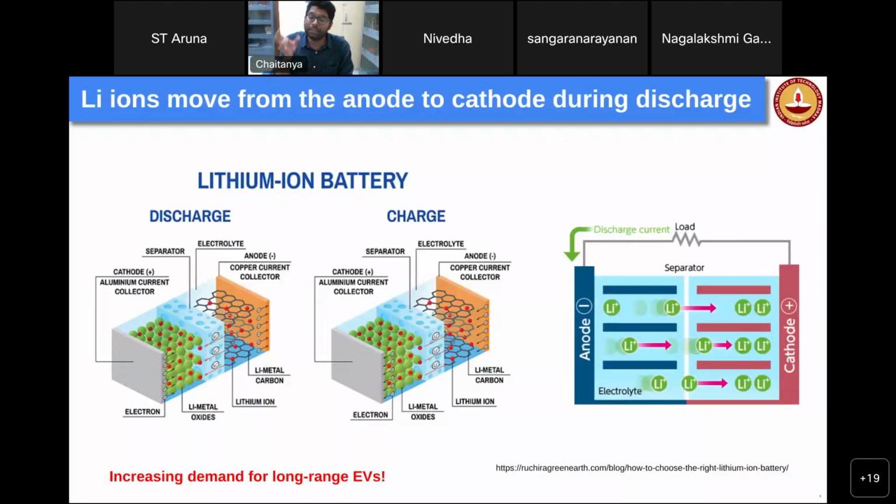As I mentioned, although lithium ion batteries are at the forefront, they are not sufficient for the increasing demand. For example, with electric vehicles, we want long range. If you wanted to start from Madras and go to Bangalore, you would want one-time charging at your home and reach Bangalore immediately, instead of charging several times at several places. These are called long-range electric vehicles, for which the current day batteries are not sufficient enough,